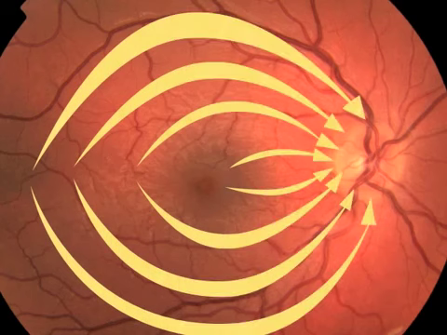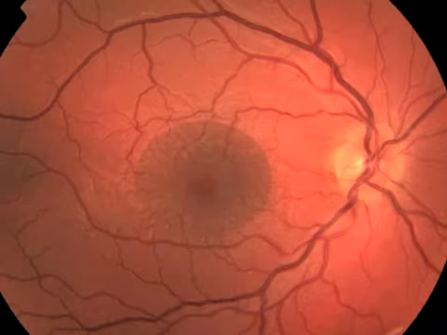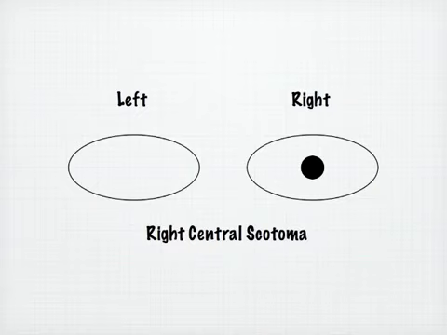We all have a small blind spot or scotoma corresponding to the optic disc, which lacks photoreceptors. This physiological scotoma is slightly to the side, or temporal, to the centre of our vision. Damage to the macular area of retina causes loss of central vision, or central scotoma, seen most commonly in age-related